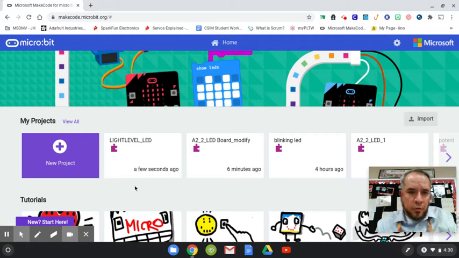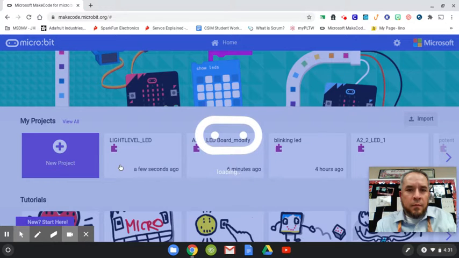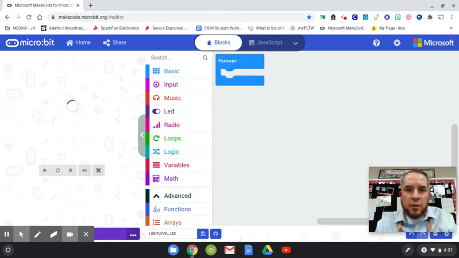This is what we are going to work on today. You're going to start a new project, and we're going to name it Light Level LED. So go ahead and go to Microbit MakeCode, start a new project, and call it Light Level LED. Okay, once you have that going,